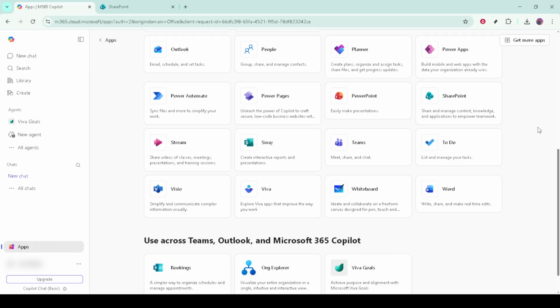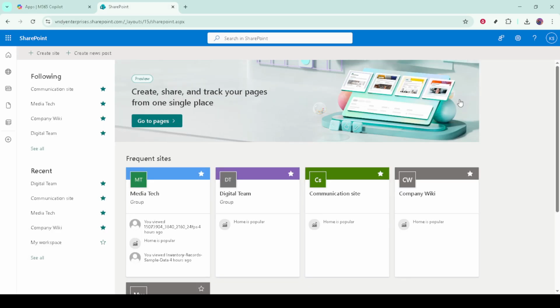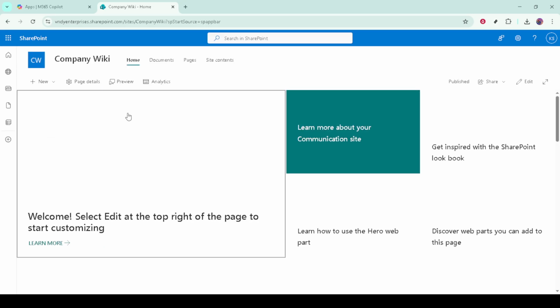Start by opening SharePoint in your web browser and signing in with your work or school account. You'll land on your SharePoint start page or your organization's SharePoint home, depending on how your environment is set up. Now, open the specific site you want to theme in dark mode. This change is applied per site, so make sure you're on the correct one, like your team site, communication site,